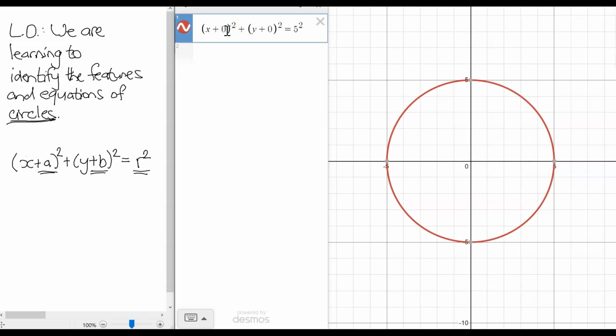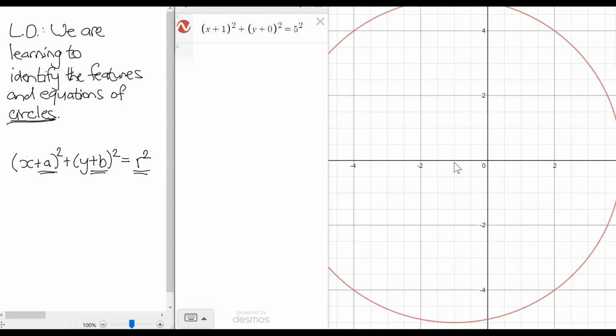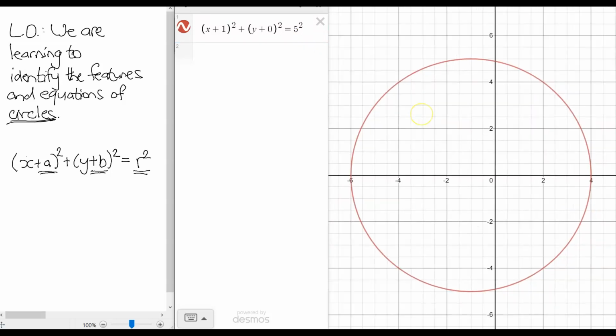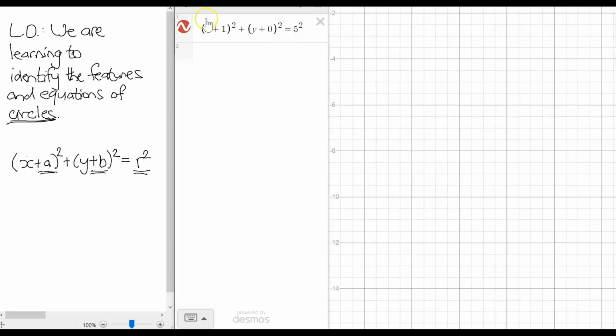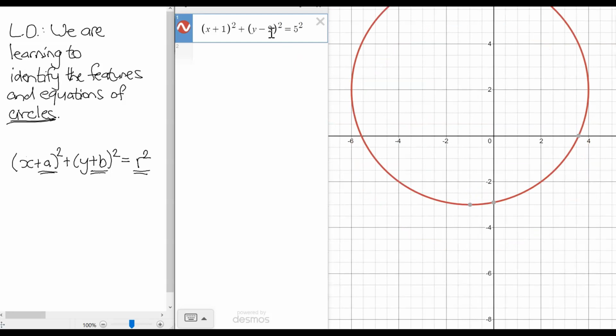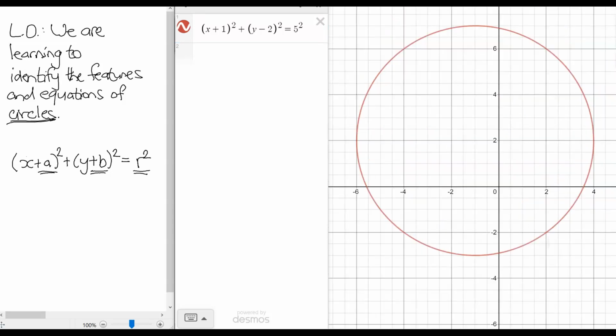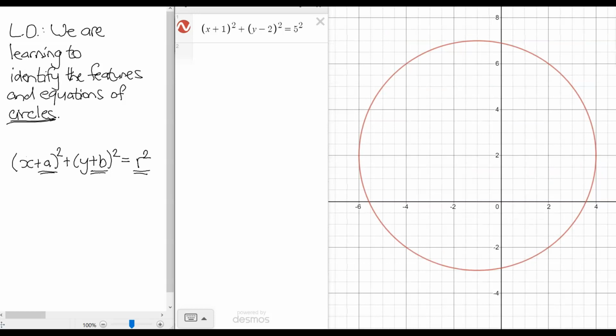So if we put in plus 1 here, we can see that the center's actually been moved to -1. And like we did with the other one, let's say we put -2 by the y, and we can see the center has now been moved up to +2. So they kind of work the same as our parabolas. They work in opposites. So just to summarize, the a value